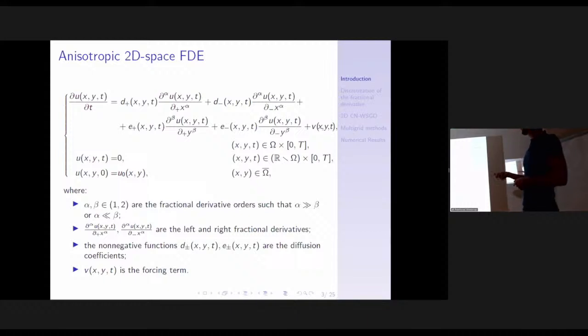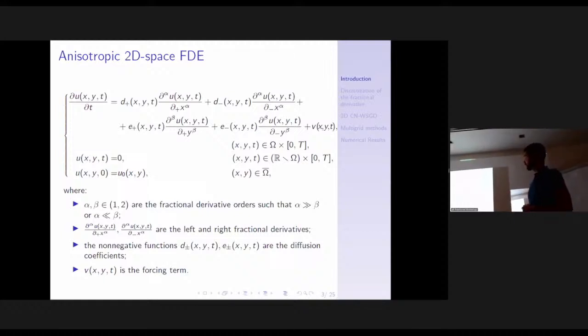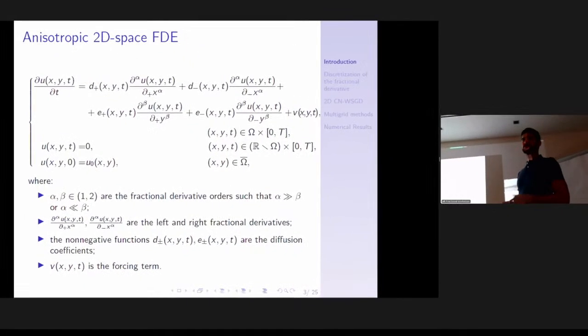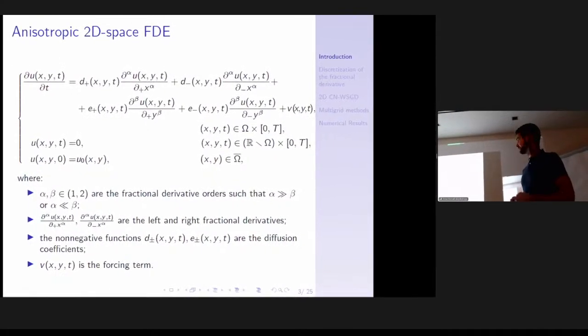This is the model. We have the left and right fractional derivatives in the first spatial dimension of order alpha, the respective diffusion coefficients, and the time derivative, with the same thing in the second spatial dimension, and the first interval. Then we have absorbing boundary conditions and the solution at the initial time. There are many ways to generate anisotropy. We only consider anisotropies generated by a large difference between fractional derivative orders.